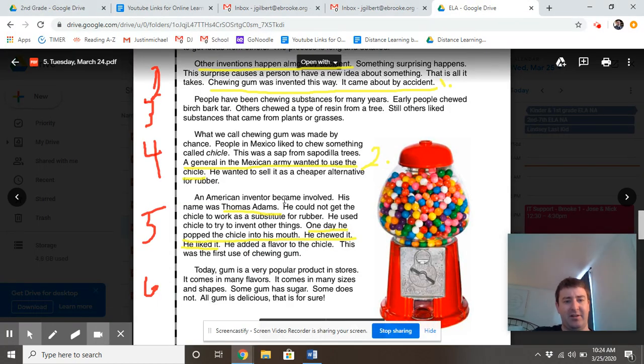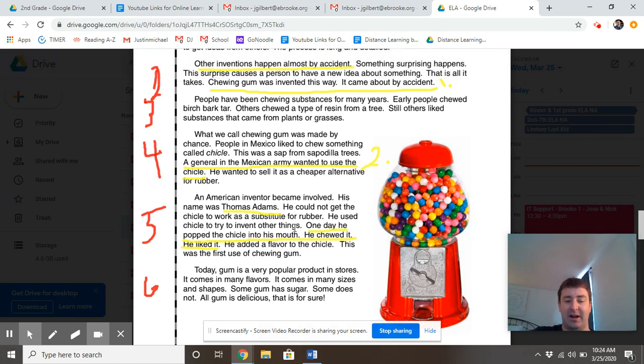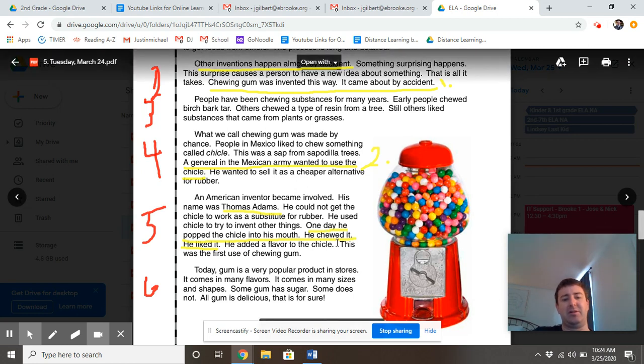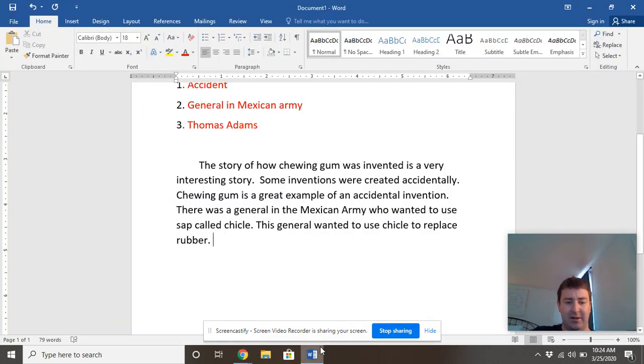An American inventor became involved. His name was Thomas Adams. He could not get the Chick-fil-A to work as a substitute for rubber. He used the Chick-fil-A to try to invent other things. One day he popped it into his mouth and he chewed it and he liked it. Okay. So let's go back now and let's tie this all together. I'm going to say, you know what? Why don't you go ahead and write your third detail before we do it together and see what you come up